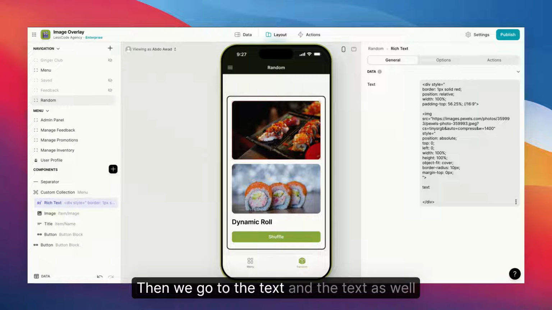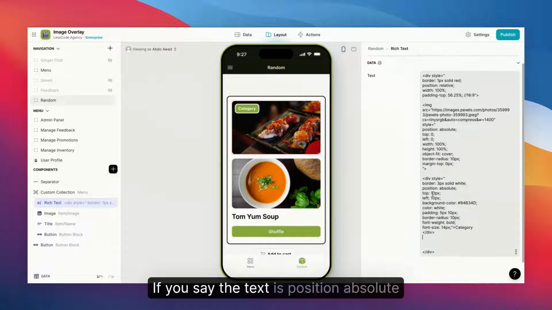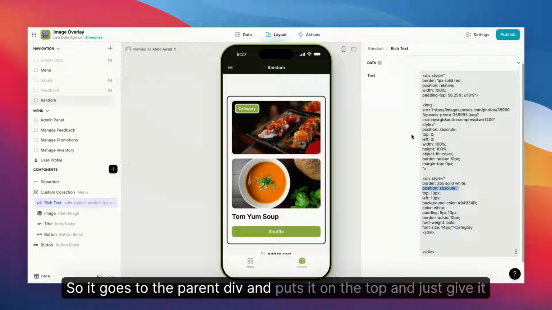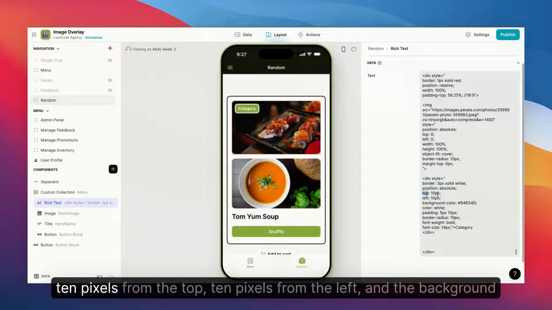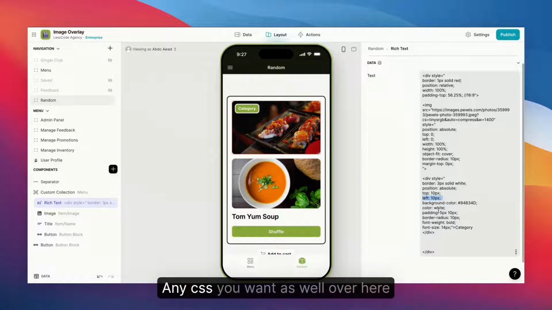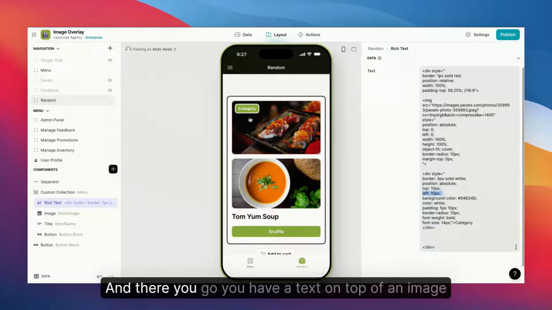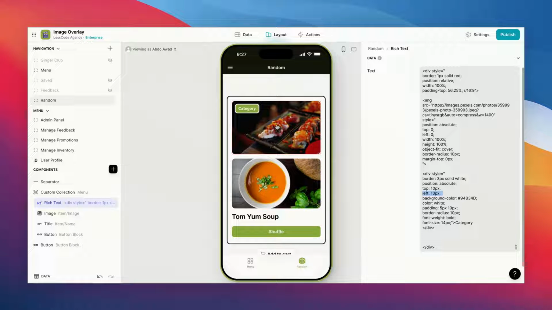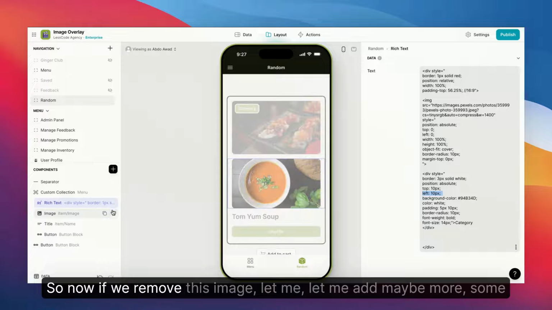Then we go to the text, and the text as well. If you say the text is position absolute, so it goes to the parent div and puts it on the top, and just give it 10 pixels from the top, 10 pixels from the left, and the background color that you want, the color of the text that you want, the padding also around the text. Yeah, any CSS you want as well over here. And there you go, you have a text on top of an image. So now if we remove this image,